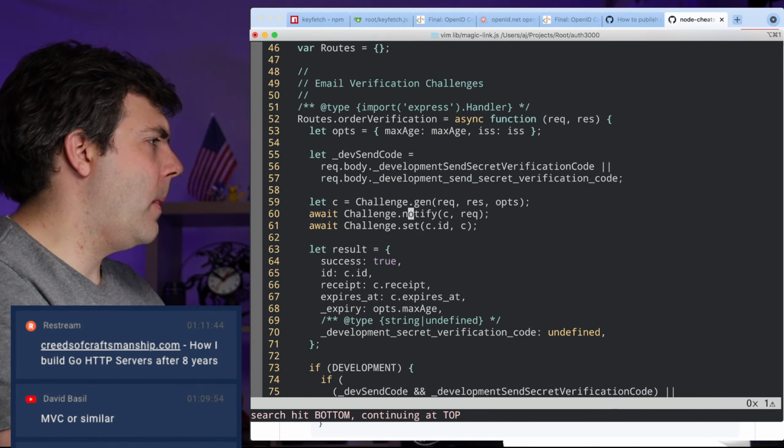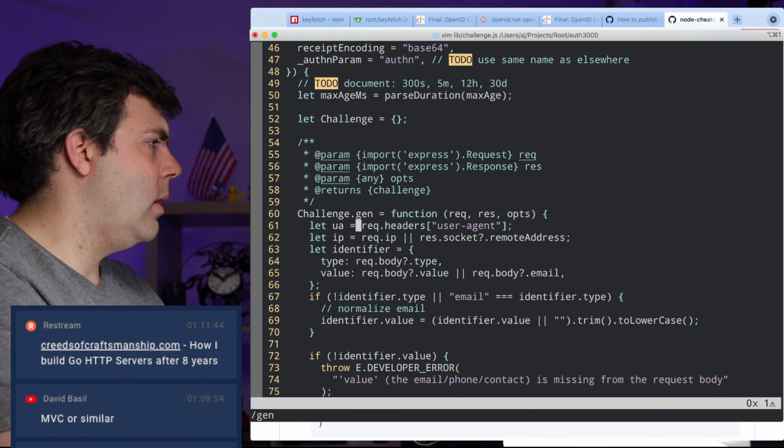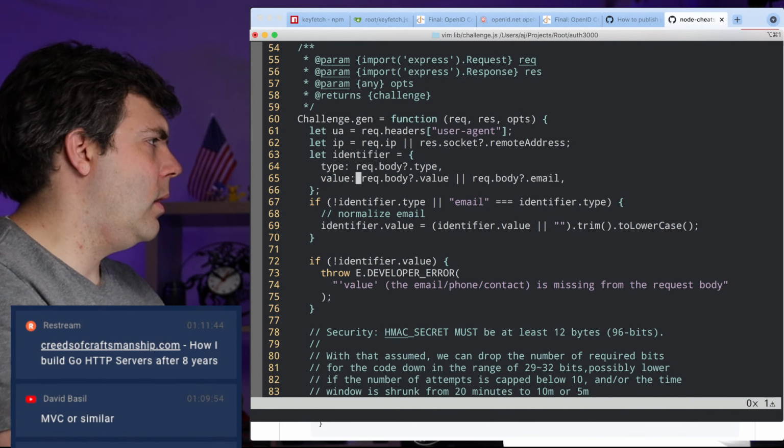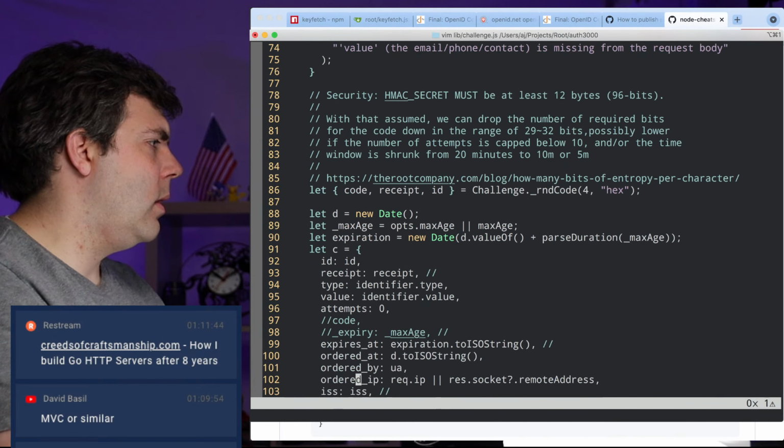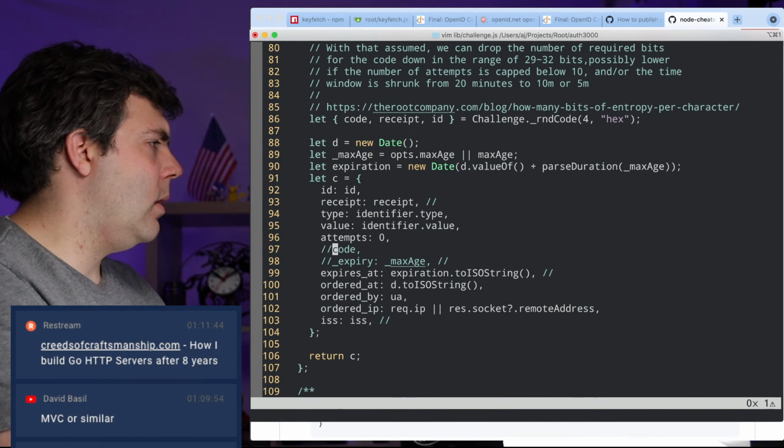Okay. Wait a minute. Why is my type linting not working here? Shouldn't be telling me that notify is all wrong. Okay. Code.